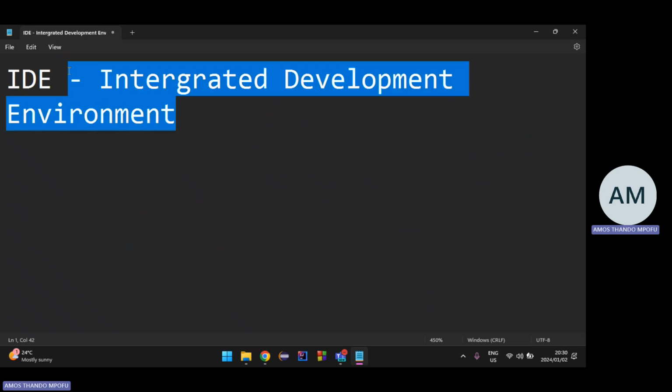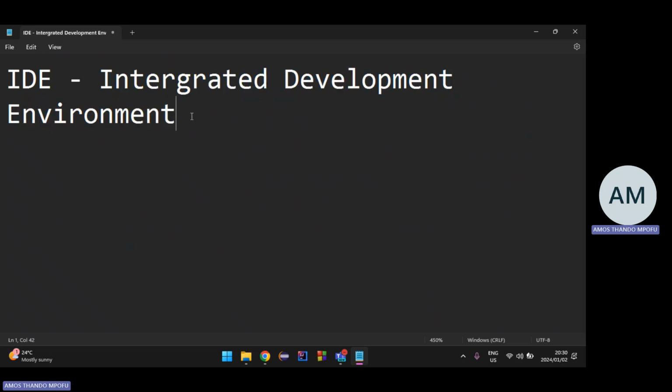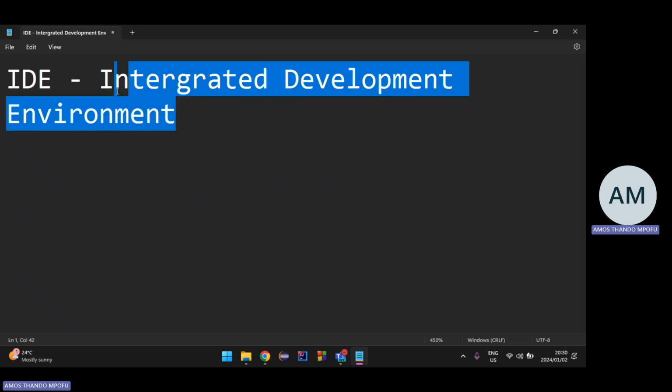These tools, the IDEs, format your code according to that language, so you don't have to worry about formatting. They're very useful and come with extra tools. They also come with interpreters that translate your code to machine language or machine code. So it's a very useful environment.